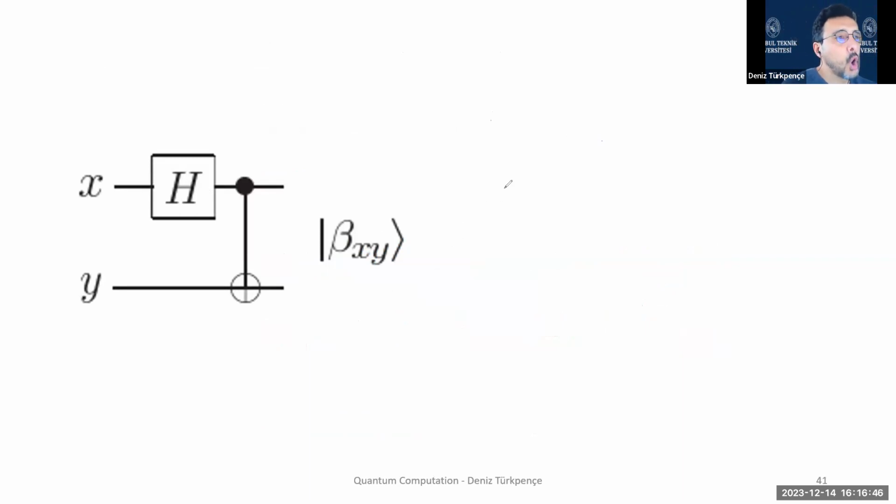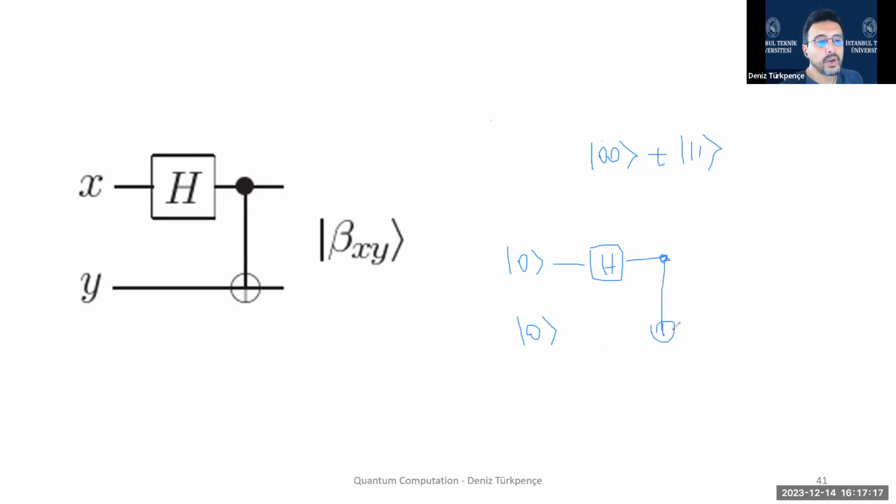If you want to create, for example, this 0, 0 plus 1, 1 state, you need a Hadamard gate followed by a CNOT gate. So, for example, if these initial states, instead of X and Y, you write 0, 0, and you write here the Hadamard gate and this control NOT gate, okay,